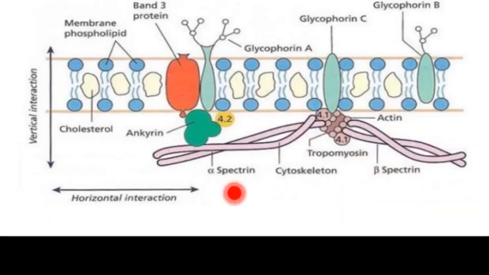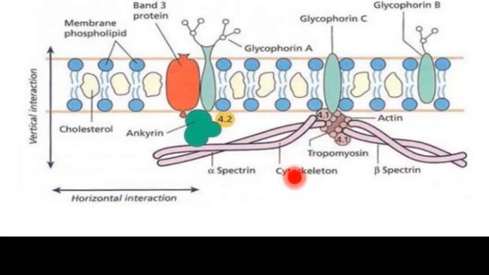First is spectrin. Spectrin you can see is a heterotrimer. It consists of an alpha chain and a beta chain. Spectrin is very abundant. As you can see, this side is the alpha spectrin and this side is the beta spectrin, and this structure is wound around each other, wrapped around each other, forming a tetramer. These tetramers are joined by ankyrin, and the ankyrin is bound with the band 3 protein,